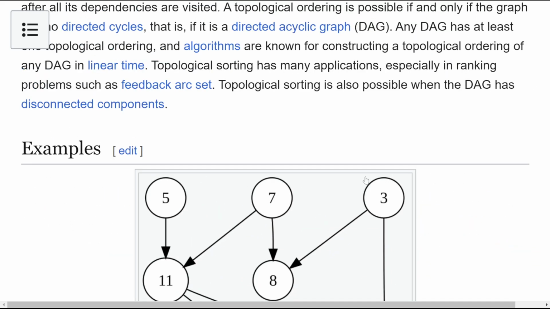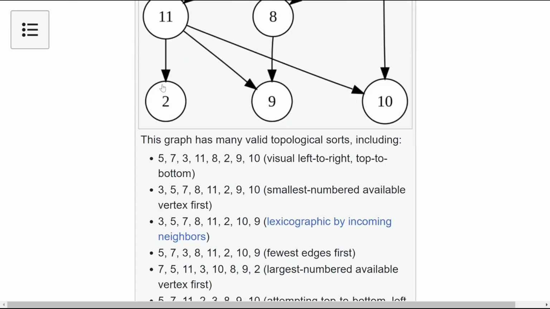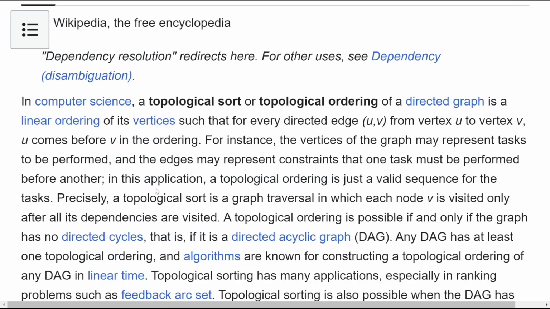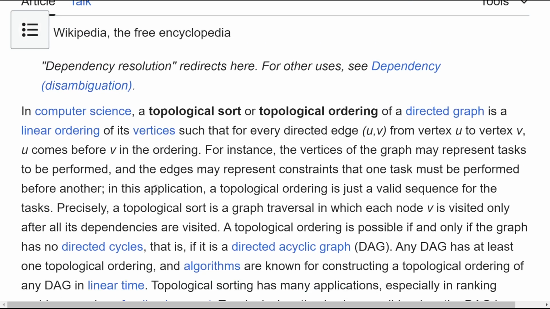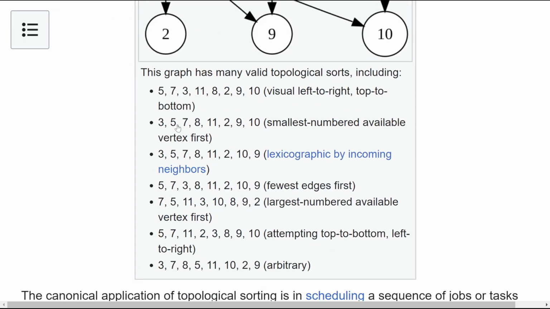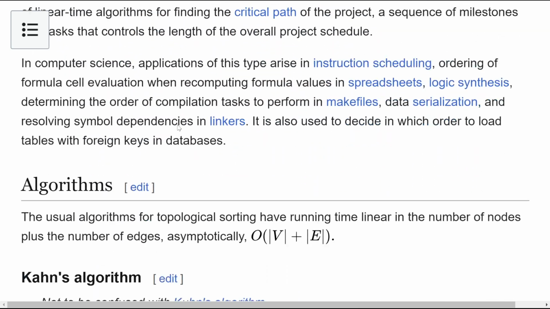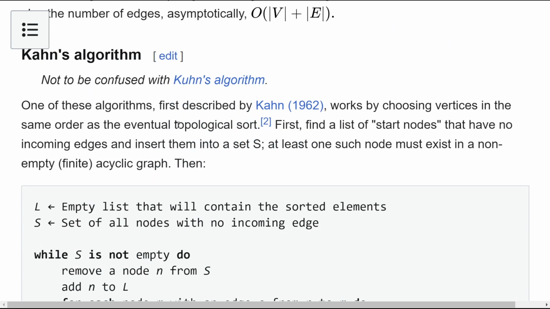Which direction is incoming? So 5 depends on 11 here, right? Yeah. No, 11 depends on 5? An edge from U to V means you have to print U first. Okay. So 11 depends on 5. So the source node has to go first. So anything with no incoming edges